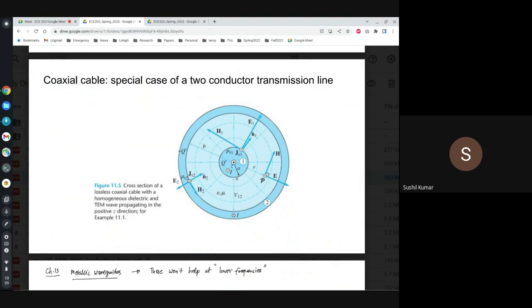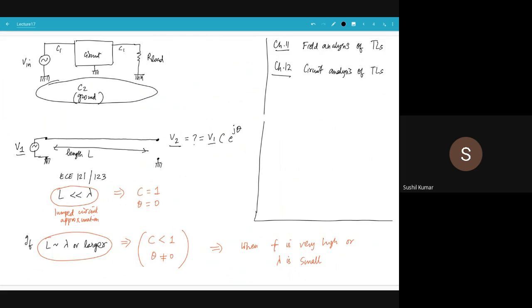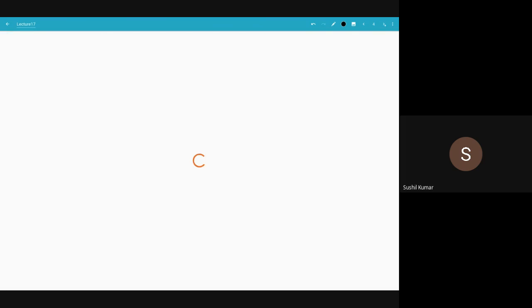So that's where we will start, with some discussion in chapter 11 to form some basis, and then the real stuff, the math that we'll do, is in chapter 12. One last thing: there are a few things associated with the transmission lines, and let me point that out. If you want to read ahead on this,